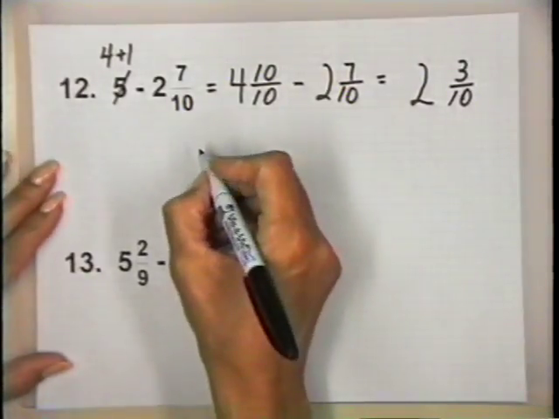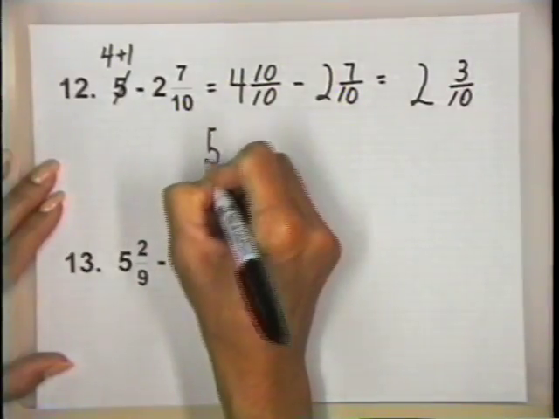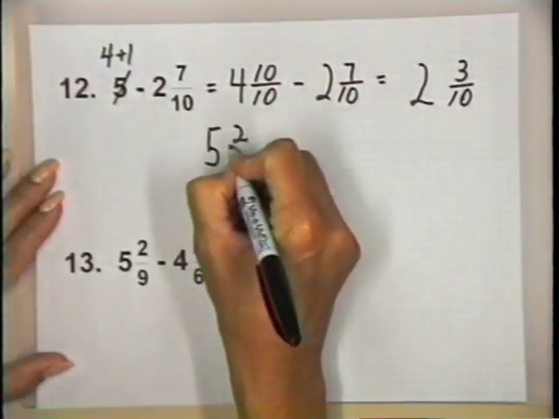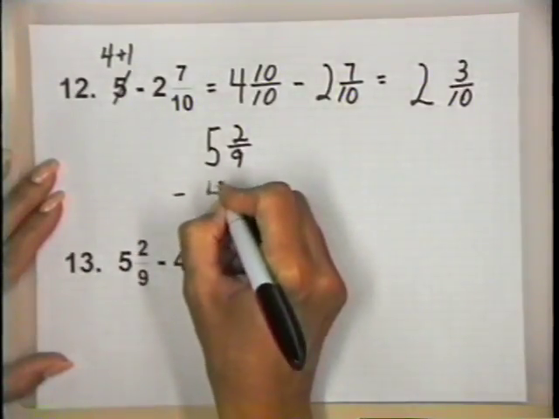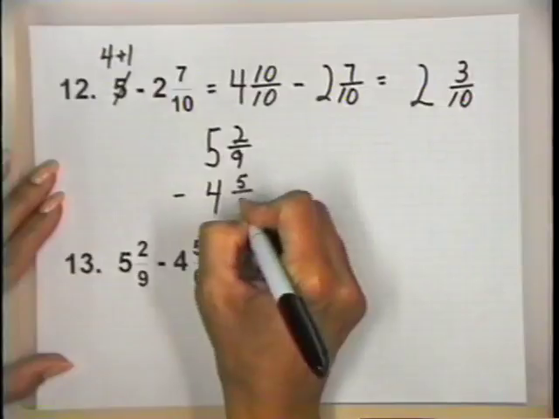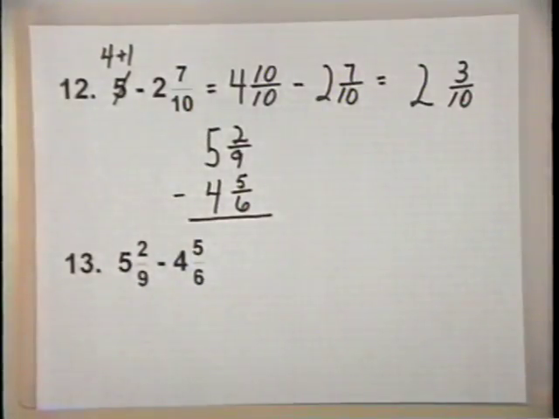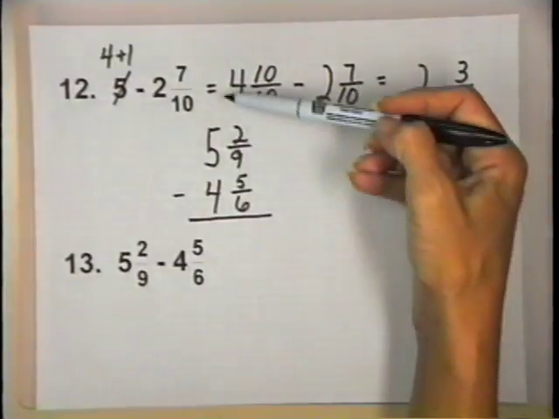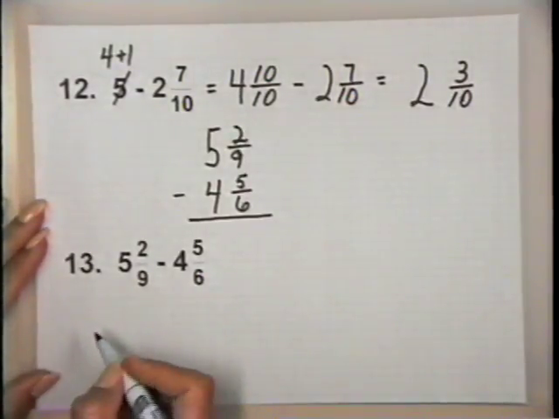I want to work this problem vertically. Let's write that 5 and 2 ninths, and we want to subtract from it the 4 and 5/6. Remember, if you choose to work these vertically, you line your fractions under your fractions and your whole numbers under your whole numbers. We want to rewrite the fractions as equivalent fractions, so we need to find the least common